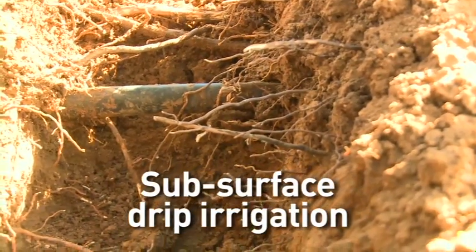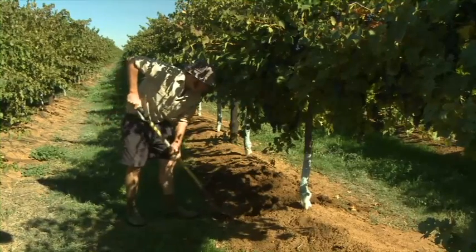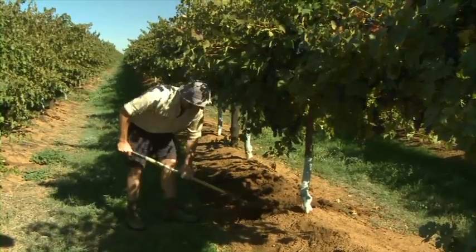Subsurface drip irrigation is about burying the irrigation system below ground and delivering the water to the root systems of the trees. Theoretically, it should reduce the amount of soil surface evaporation that's occurring, and therefore there'll be a water saving associated with that. In terms of horticulture, subsurface irrigation started with tomatoes. Still seeing a lot of people thinking about it and not entering it, but I think it's at its forefront